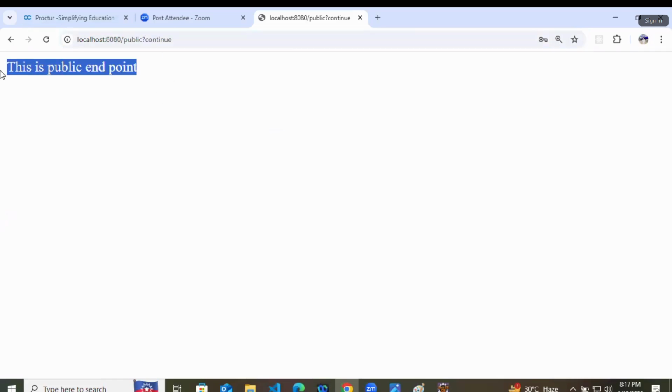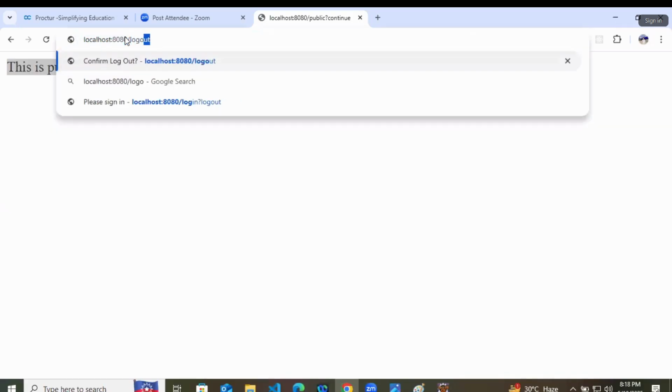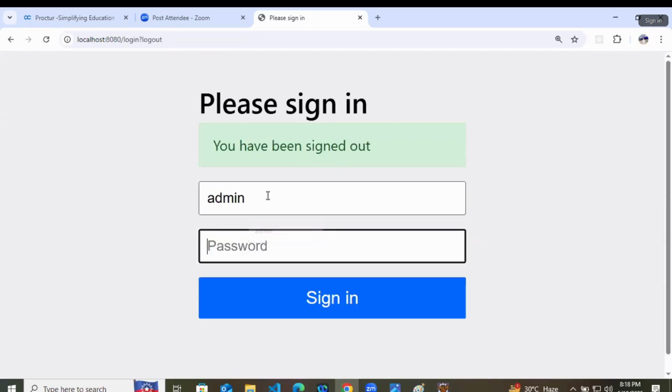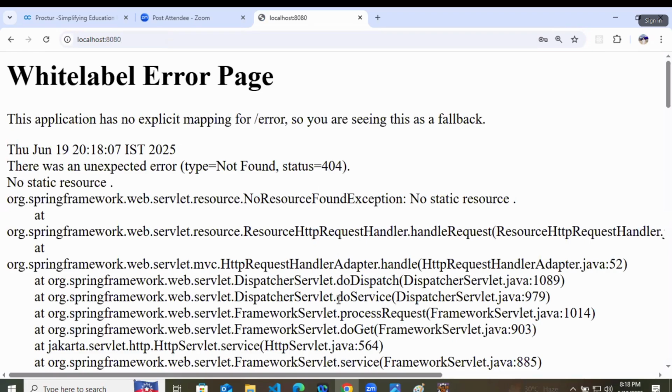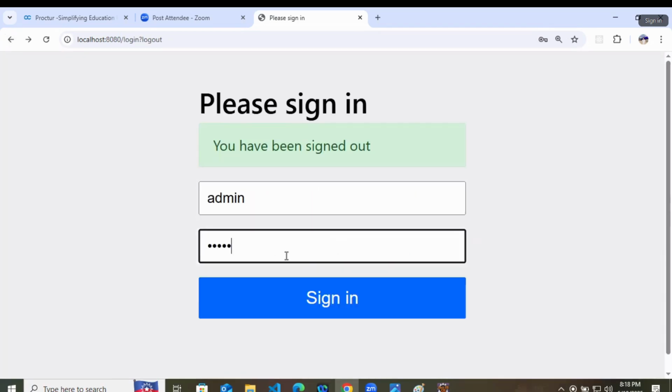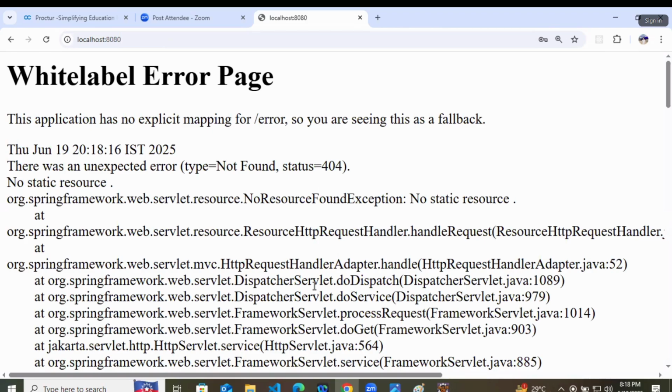Means this is the public endpoint. Now let's try to log out from this, and I will log in as admin. Admin, admin. I think something wrong we have written. Okay, wait.